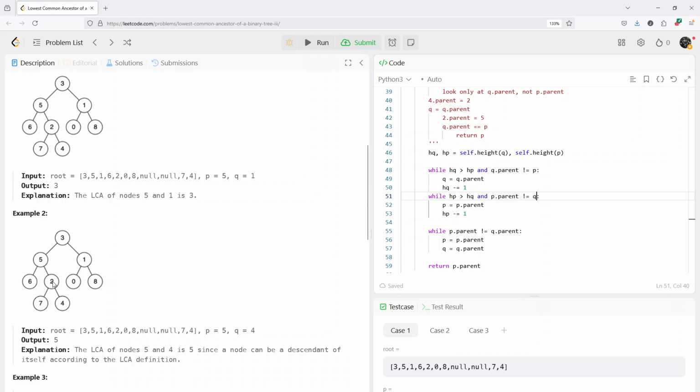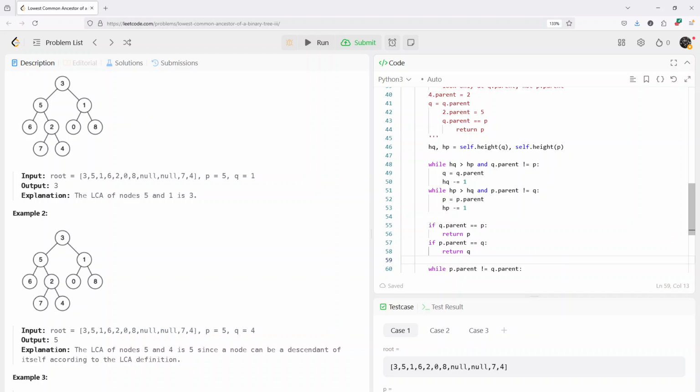So the 2's parent is the 5. So then basically, Q.parent equals P. So in that case, you can have if Q.parent equals P, return P. If P.parent equals Q, return Q. So we could have that to save an extra step,